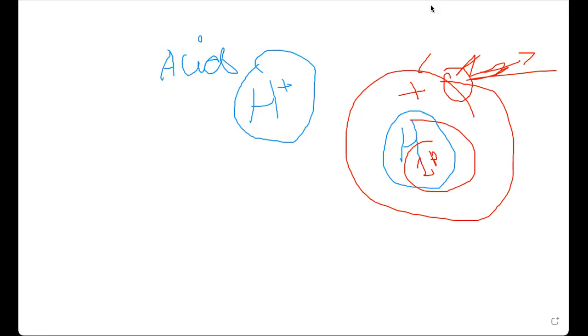All those compounds are acids which can give you a proton. Let me show you. For example, HCl. Why am I calling HCl an acid? According to the theory, there is a theory which is called the Bronsted-Lowry theory. So for example, this is HCl on the screen. Why am I calling this HCl an acid? Because it is following a theory.